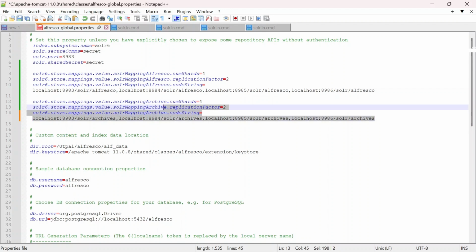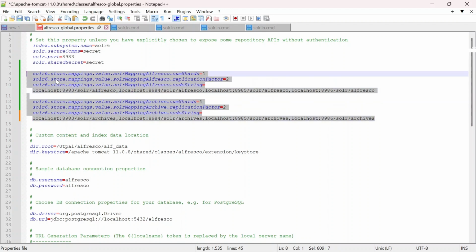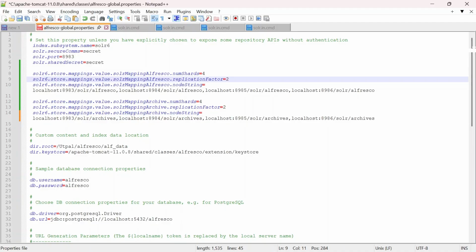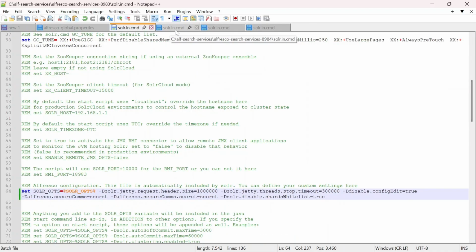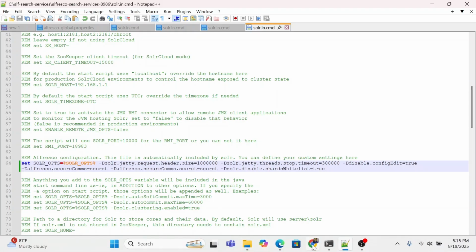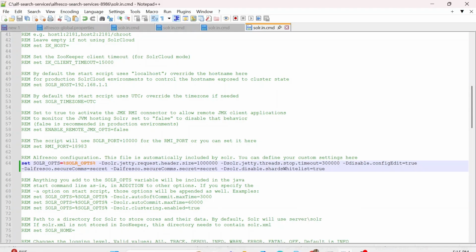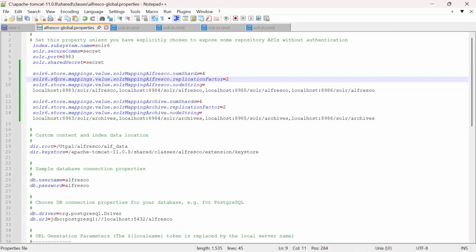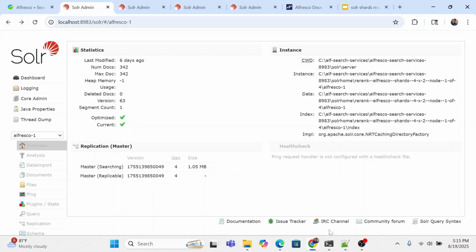So once this configuration at the Alfresco content services is done, we have to restart Alfresco content services, and we have to start or restart Solr side, all instances. Once we are done with these 2 sides of configuration, one is the search services side, another is the content services side. Now after restarting,